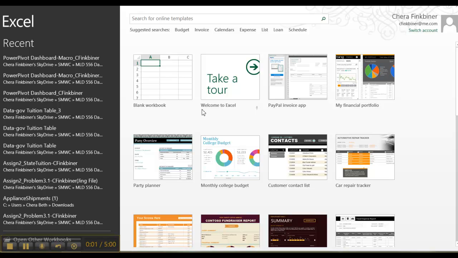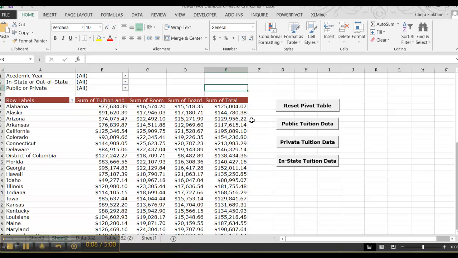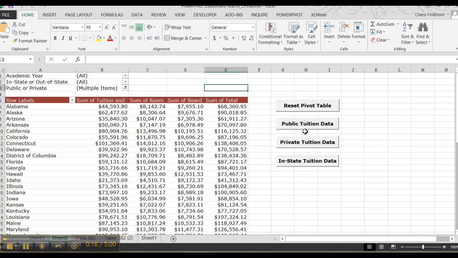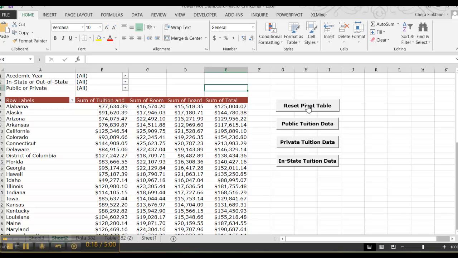Okay, so in this video we're going to be working with macros, and I'm going to go ahead and open up a workbook that I've been working with that already has macros in it. I have a reset pivot table, public tuition, private tuition. Public and private tuition have already been set up, and I'm going to reset. We already have a button for in-state tuition, and we're going to create the macro and assign it